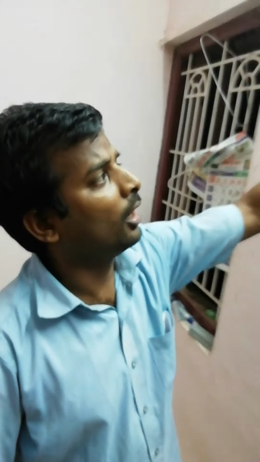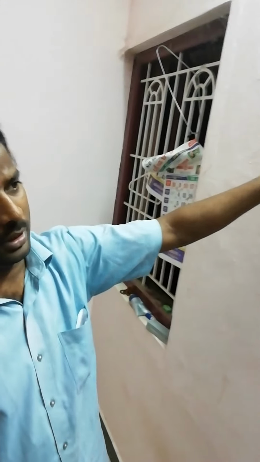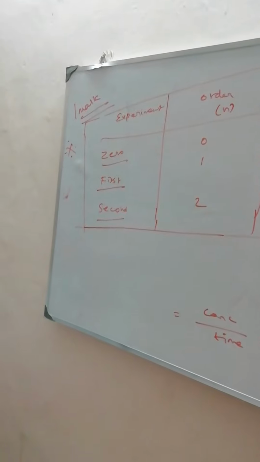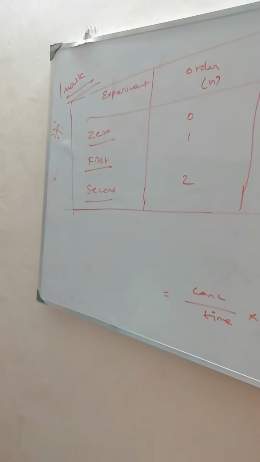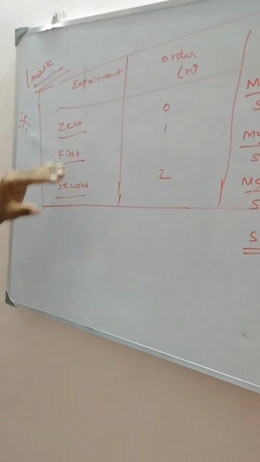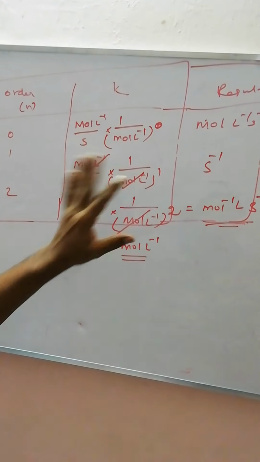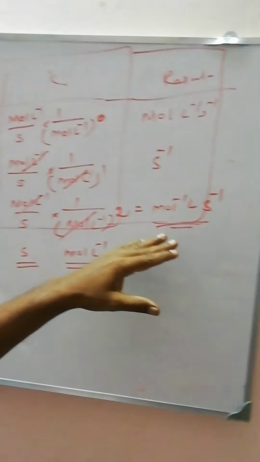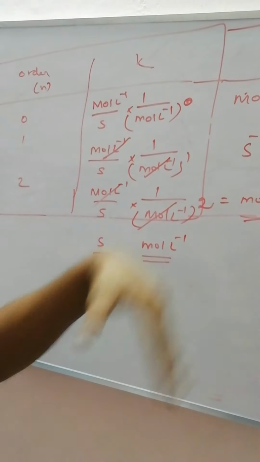In our syllabus, we are going to study the equations for zero order and first order reactions. In the later classes we will discuss the derivations. Now this is the unit for the rate constant of the reaction. Zero order means order becomes 0. I have already discussed how we get the result. First order means power 1, second inverse. Numerator and denominator cancel. Second order means mole inverse, liter, second inverse, because everything in the denominator goes to the numerator, so it comes the opposite way.